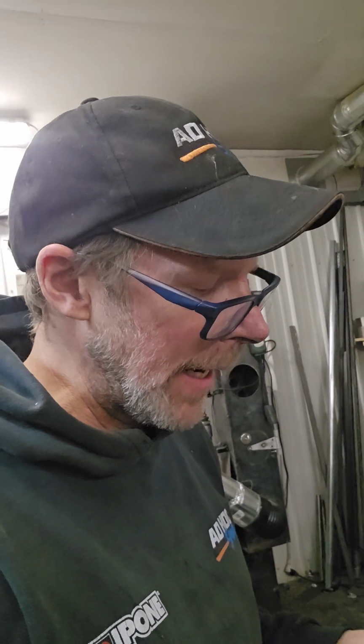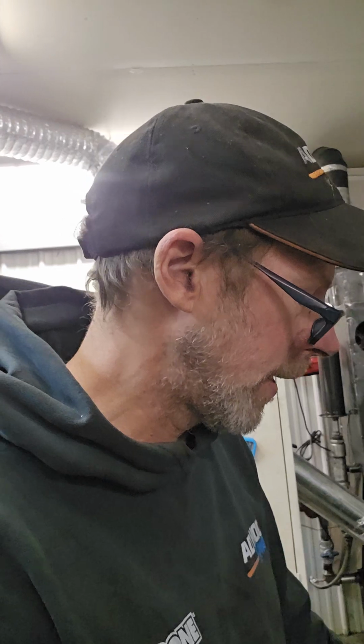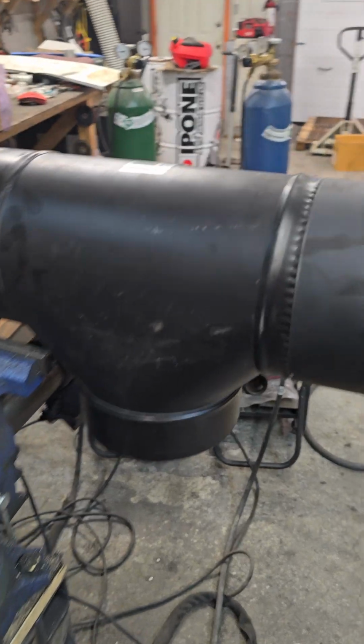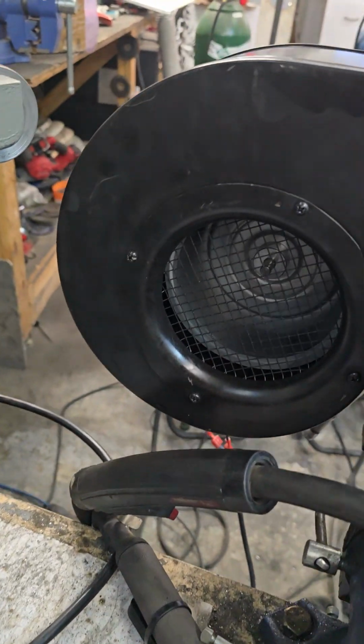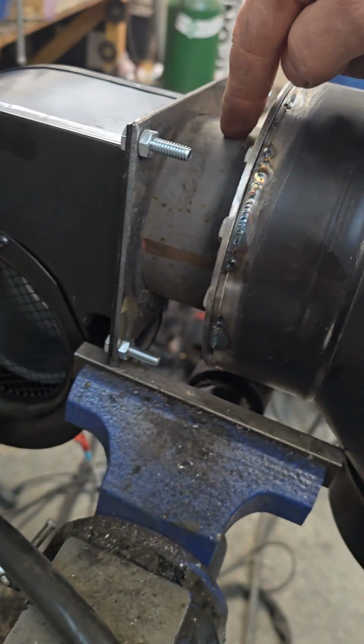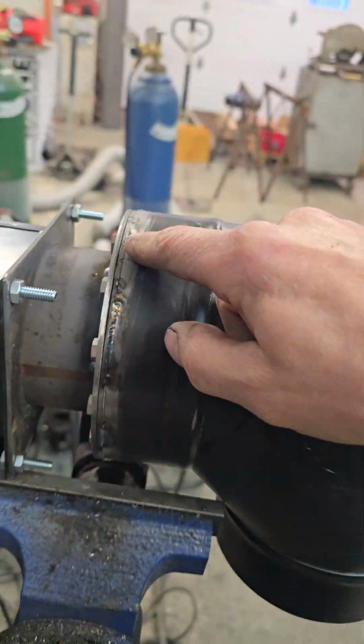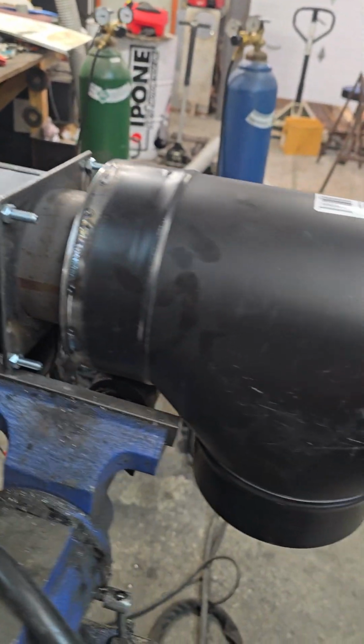So I had ordered another, bigger blower from Amazon, and I was going to do the same thing, but I didn't. I found another trick, a Venturi, to create a draft inside a 6-inch T. I'm going to show you that. So I've got my T, and my blower, an Amazon 5-inch square that I had to make some plates for. This is a 4-inch pipe. I made some flanges